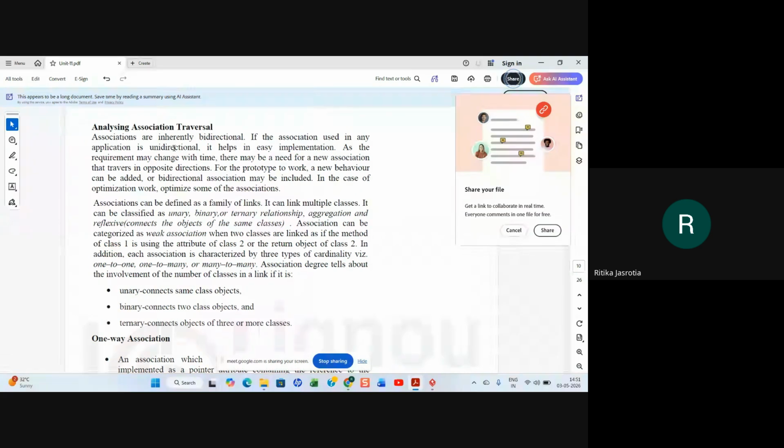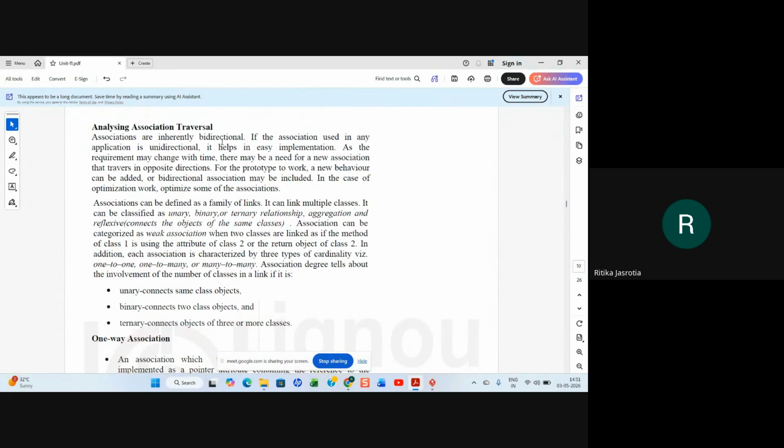Now analyzing association traversal, right? So associations are inherently bidirectional, right? That means a single line is there. You have not given any arrow in the association. So that's why by default we say inherently they are bidirectional. Both ways the data can travel. So if the association used in any application is unidirectional, that is one way,